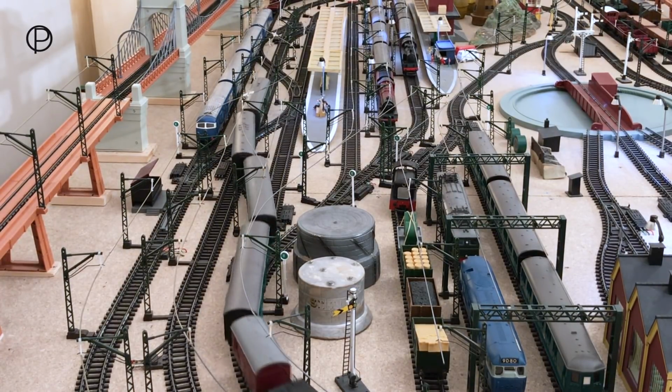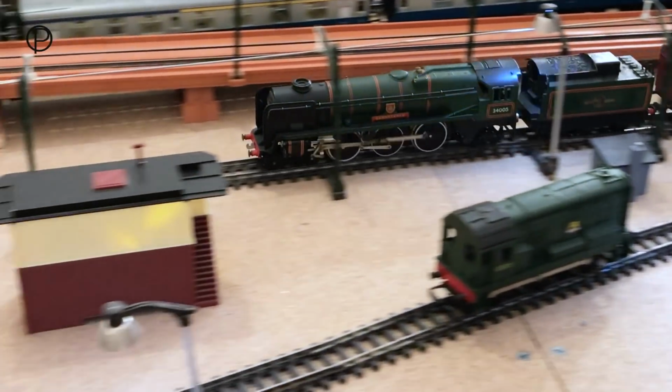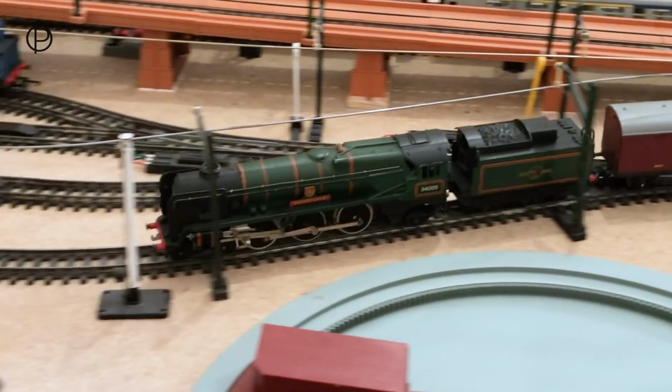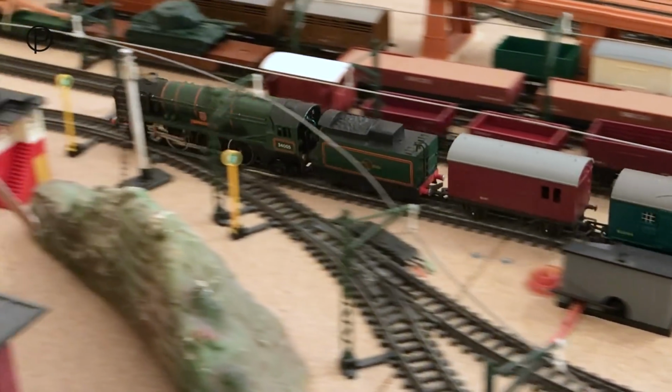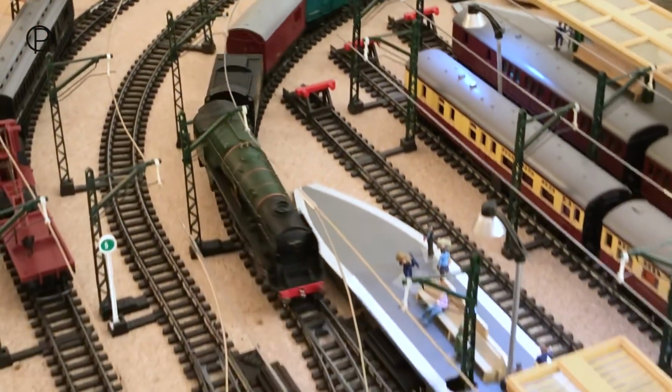Moving smoothly through past the gasometer and the oil tank. We'll close those points behind her. Moving on past the turntable, now approaching the windmill and into the first radius curve. I think we'll bring her up to the station to a gentle stop, and I'll leave you this week with